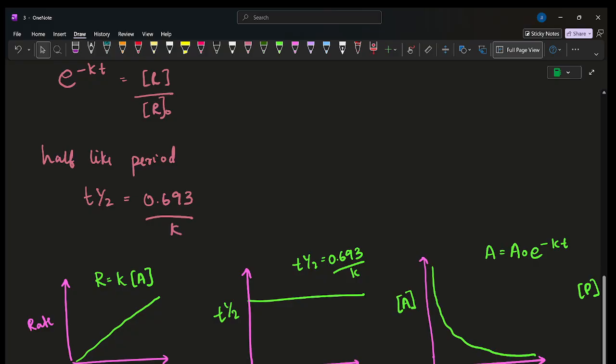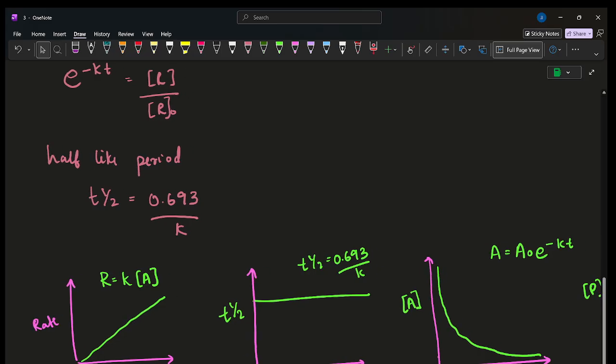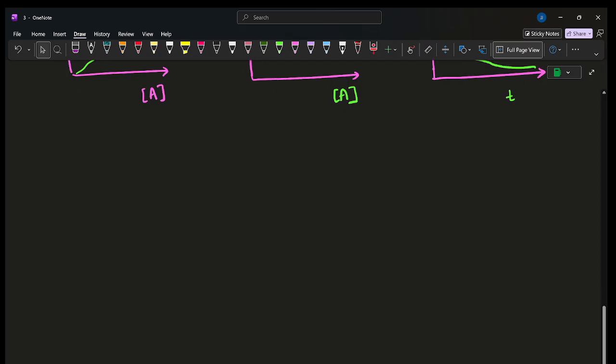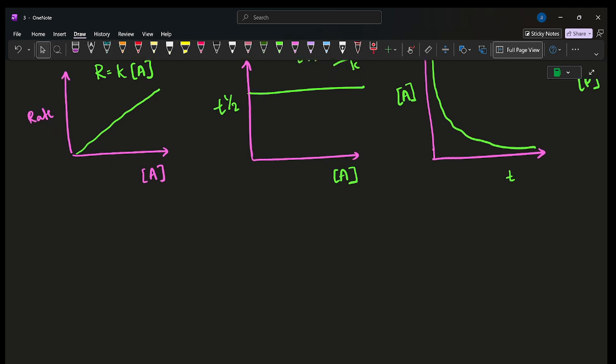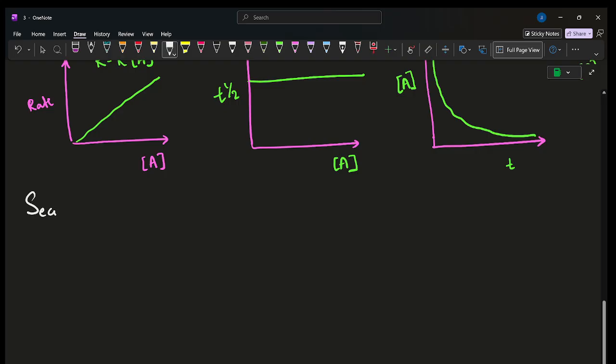Now, as promised, I also want to tell you guys a little bit about second order, because second order, first of all, it's so easy. It's not that hard, I promise. You just have to remember how you can derive the equations. Maybe we can do that in another video, but that's a whole new topic, because there are a lot of different kinds of questions there. But here, for second order,